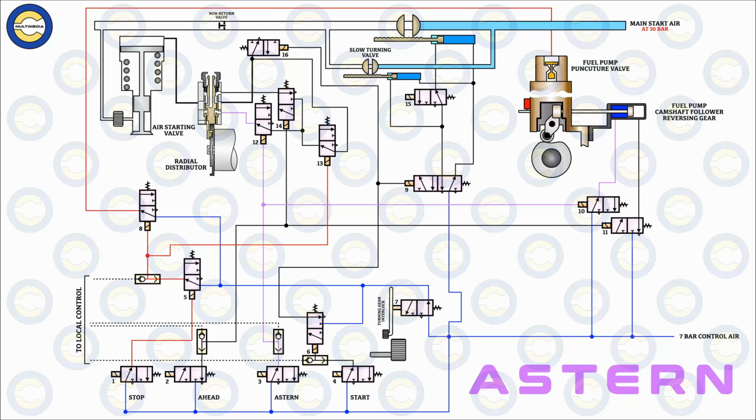And in conjunction with valve 13, valve 12 would be responsible for the admittance of the control air into the radial distributor system, albeit in a different direction, thereby allowing the radial distributor to further supply the main air during the start sequence into the designated unit, dependent upon the reversing sequence.